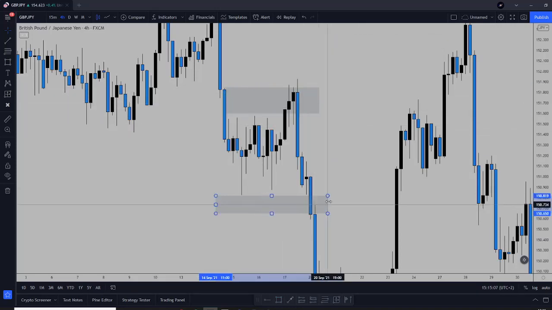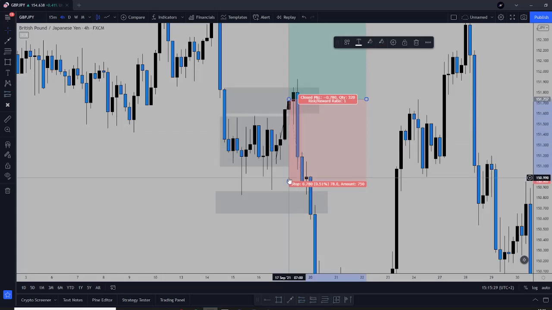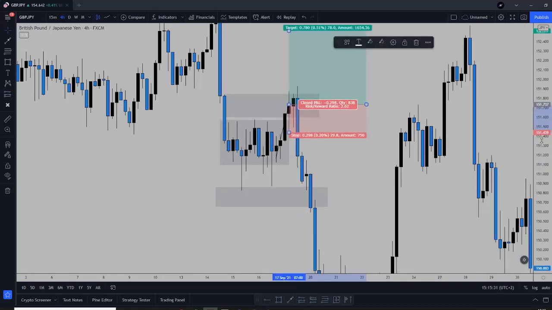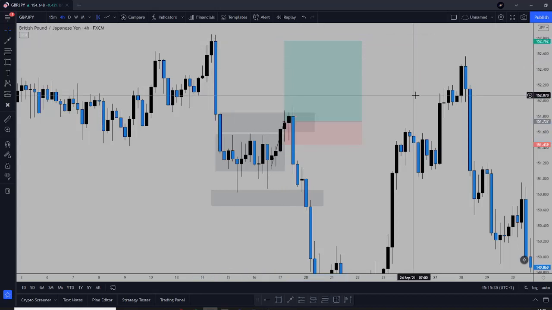Let me just draw it like this. This is exactly what happened. We had the ranging price, with liquidity areas above and below. And what did price do? Price decided to make a breakout of this ranging, and usually people would see this as a breakout and go long here, with a stop loss I don't know where, and think this would go to the moon or to this high or whatever.